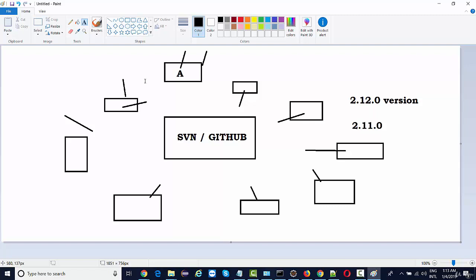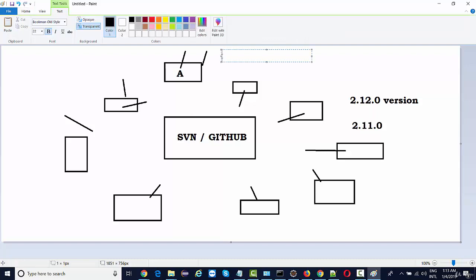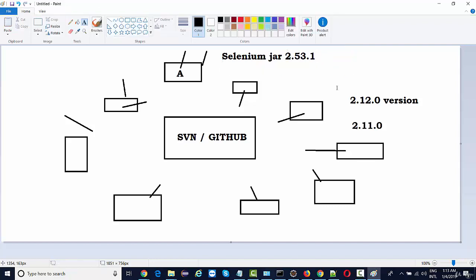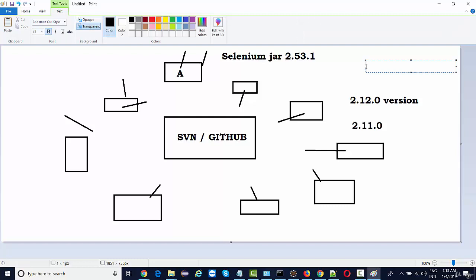If I talk about our automation life cycle, let's say as an automation team we are doing a check-in of the code, right? Coding as in we are using Selenium, writing code for Selenium. For that, we are using a Selenium jar, let's say version 2.53.1, and the entire team is working on 2.53.1, right? Now, all of a sudden, Selenium announces the launch of Selenium 3, in which they have introduced a jar file called Selenium 3.0.